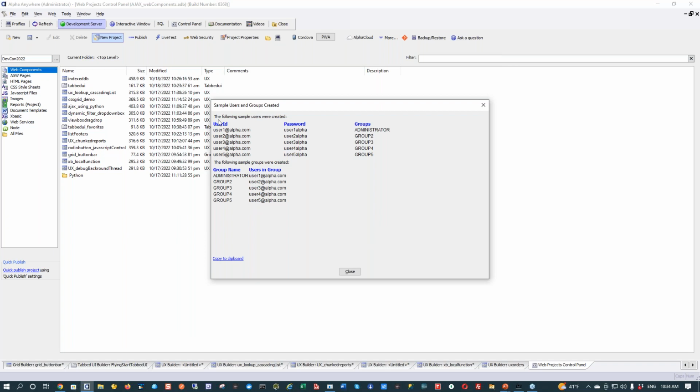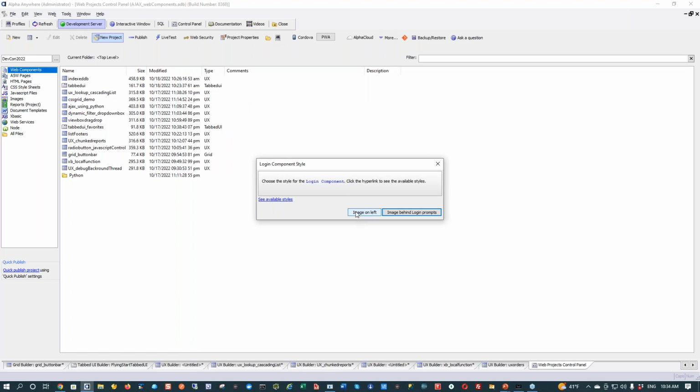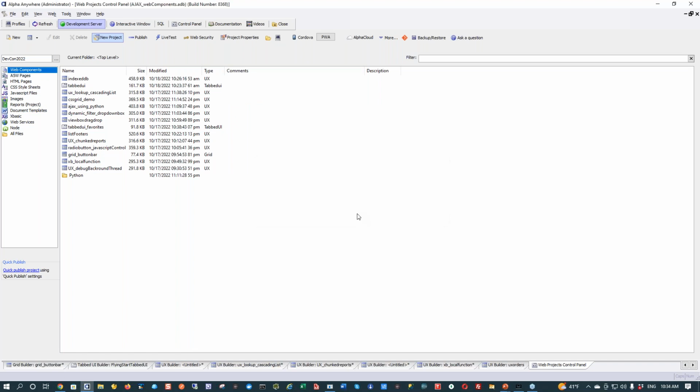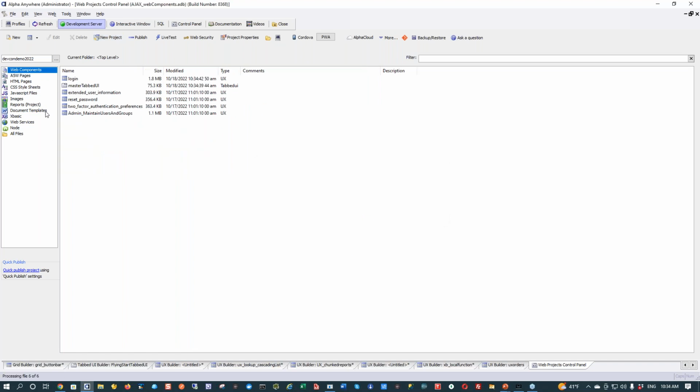So it's built sample users and groups for me, and I'll choose image on the left. So there's my new project. It's got a login, it's got a tab UI, and it's also got this new component here for managing users. So the reason that this component is so important